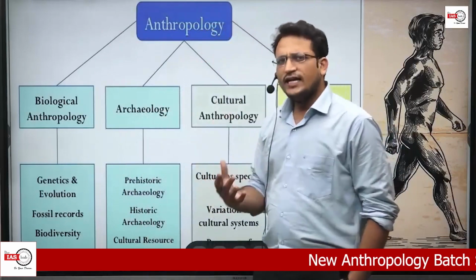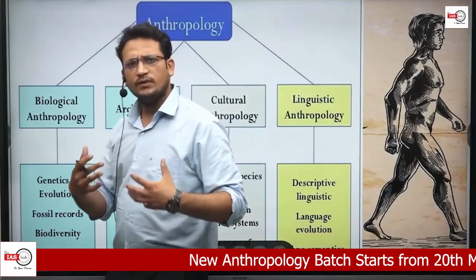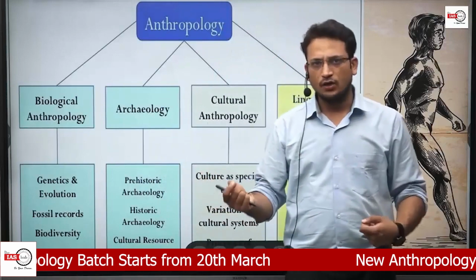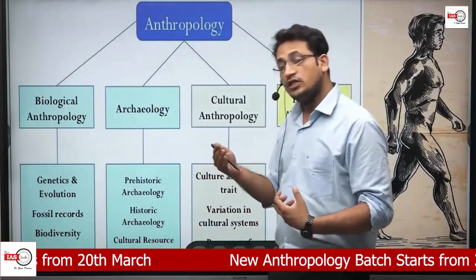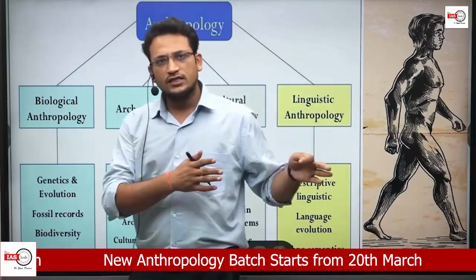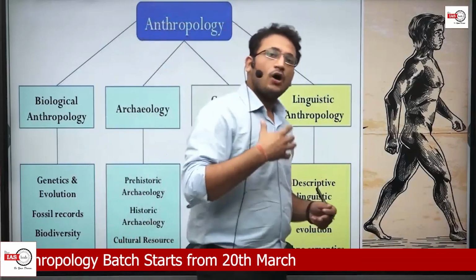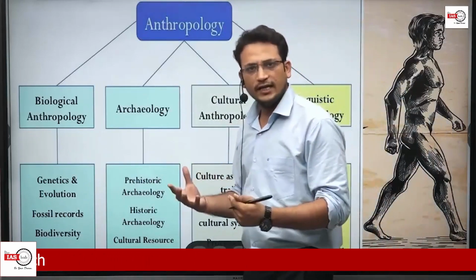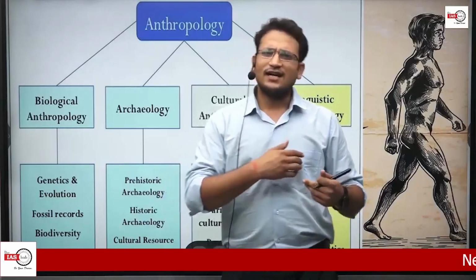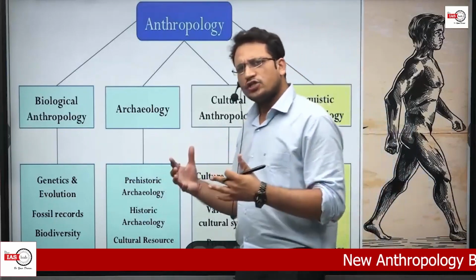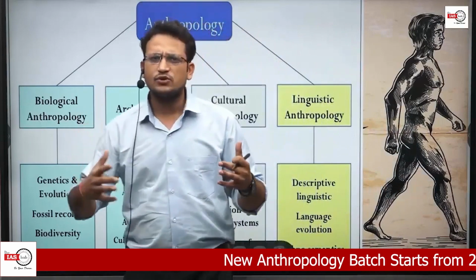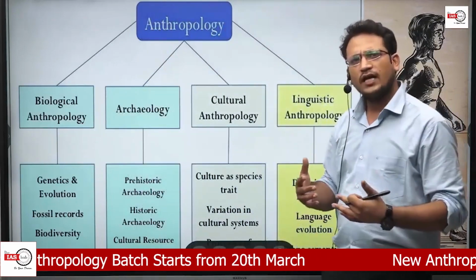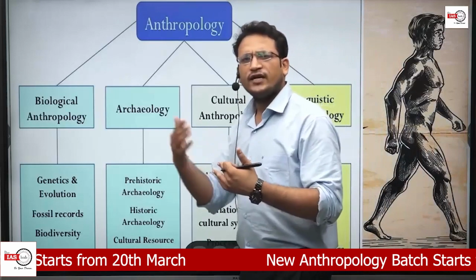totality. In totality means we will see how humans have evolved, and biological evolution is one aspect of human evolution. Rather, how the society has evolved throughout this duration. Second, how our culture has evolved, how we came into being in the institutions of family, marriage, kinship, etc. So we will see the evolution of human beings in totality in terms of space and in terms of time. In terms of space, I mean how humans have evolved differently at different places.